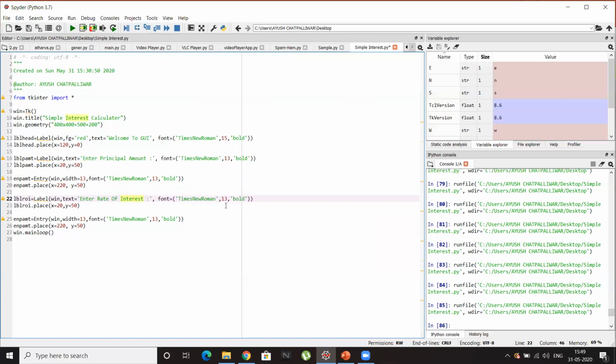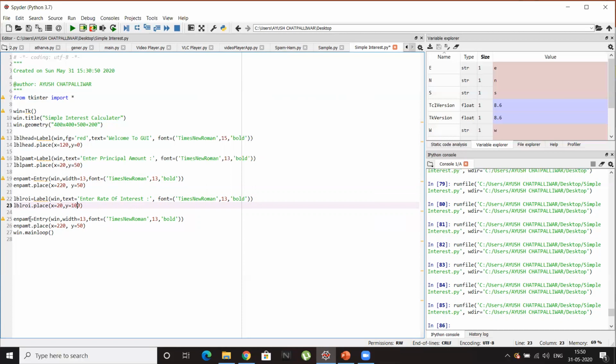And now I'll just change the name. Yes. Now X and Y coordinates also need to be changed. My X will be the same, but I want it more downwards, meaning it should be below the principal amount. So I need to change the height. Height is regarding Y. So from 50, I'll make it 100. I think 100 will be okay.